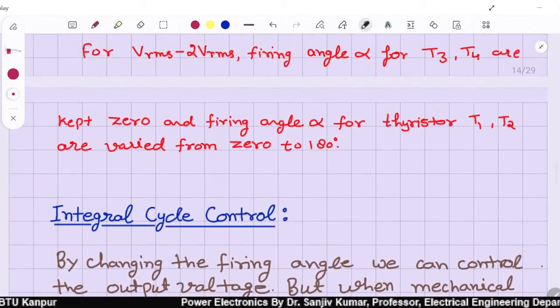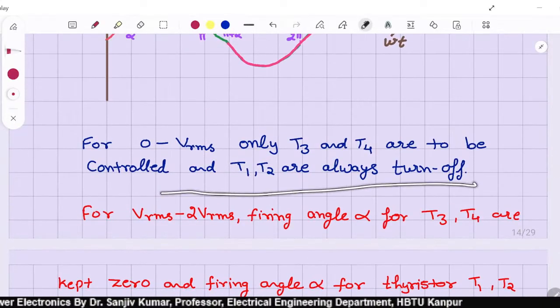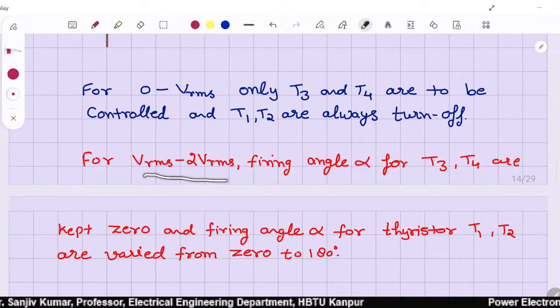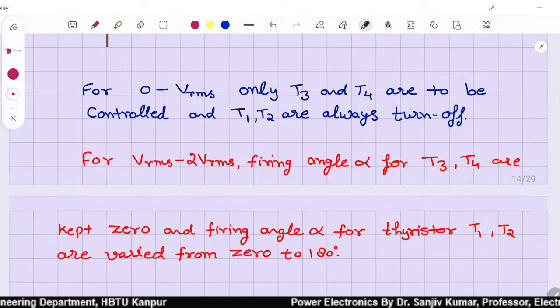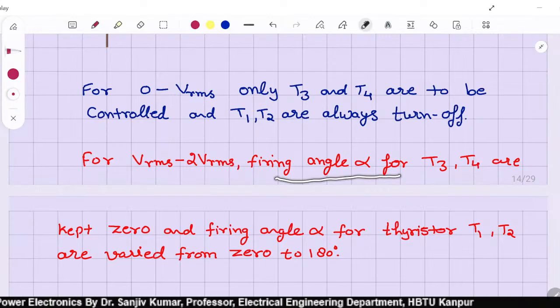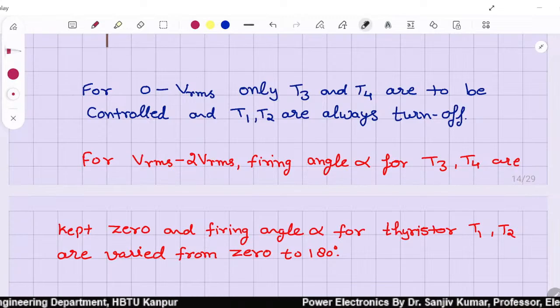It is like this. And T1, T2 off. And for controlling Vrms to 2 Vrms, we trigger T1, T2 for angle alpha and T3, T4